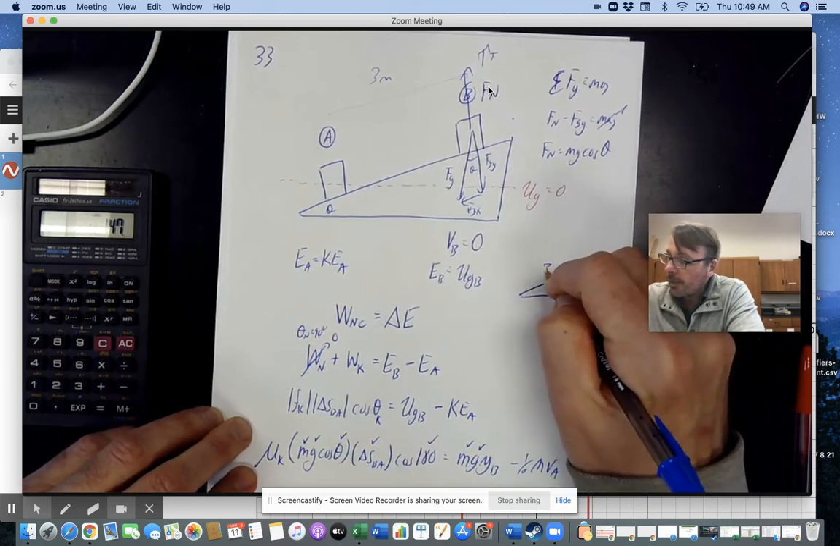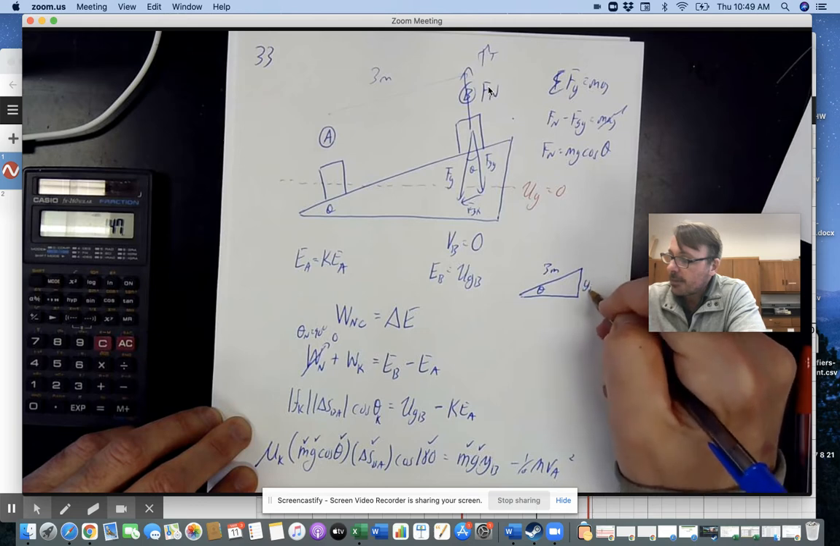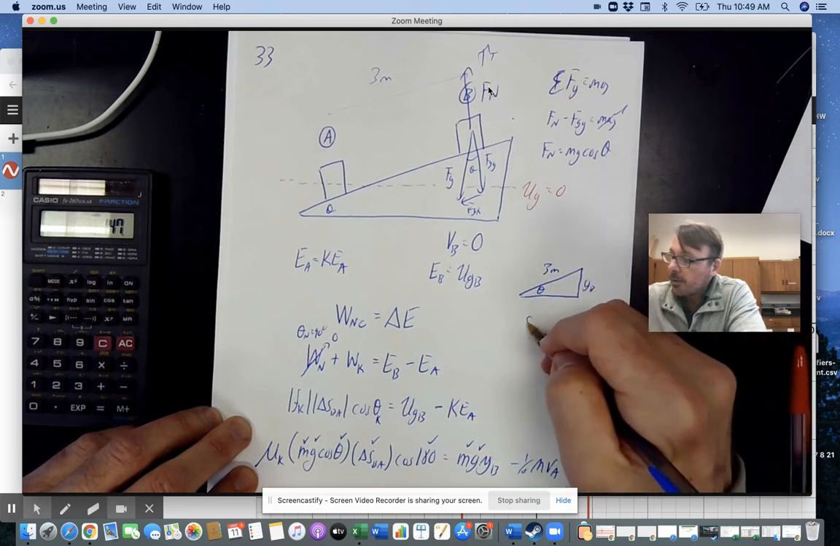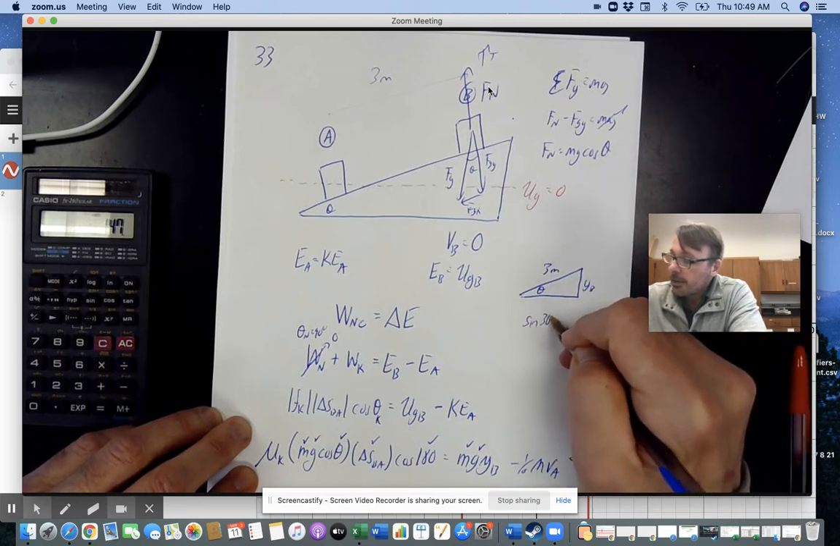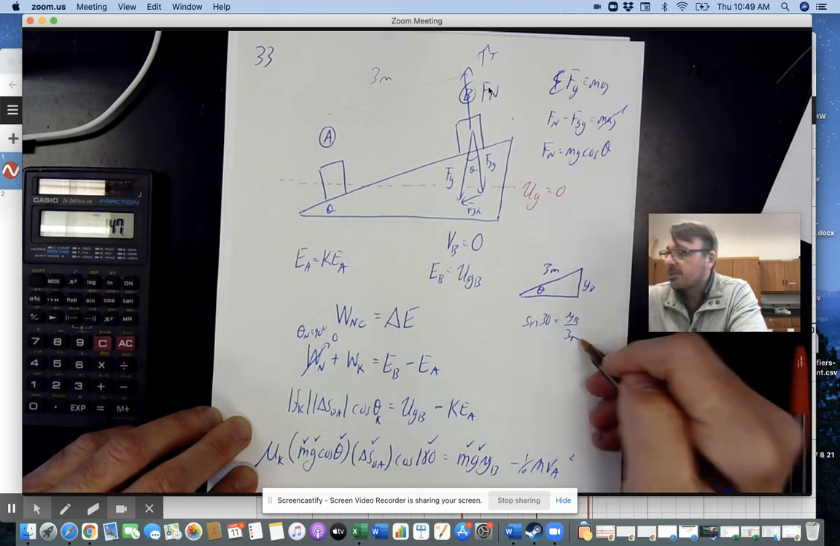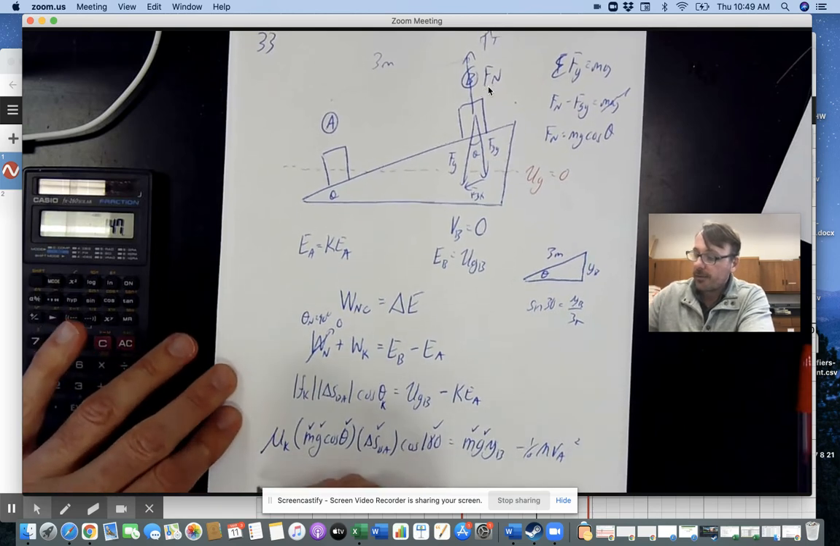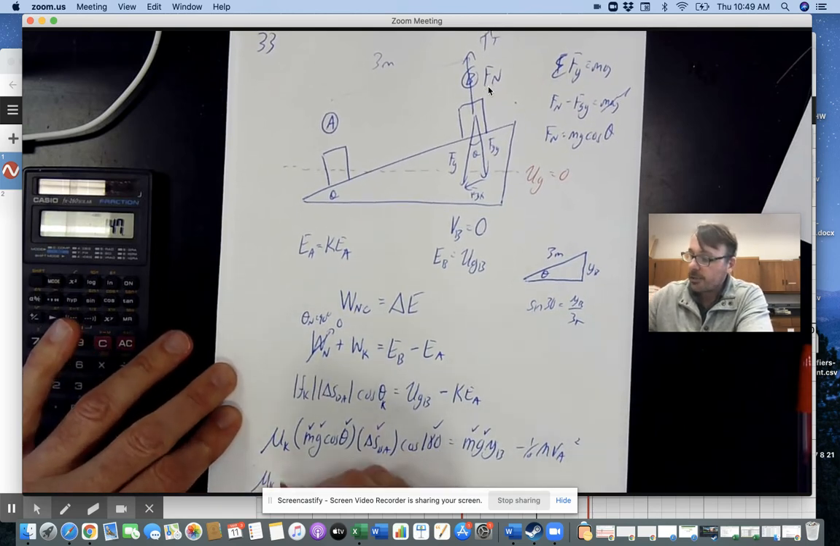Because we're actually told that this is 3 meters, that's theta. So YB is going to be that side of the triangle. So sine of 30 degrees here is equal to YB over 3 meters. So I have that as well. So the end goal here is the coefficient of kinetic friction. So the coefficient of kinetic friction is equal to